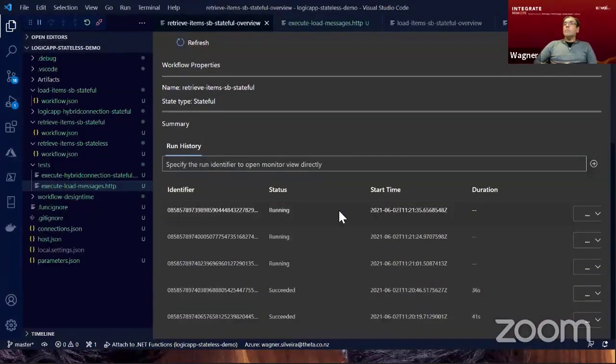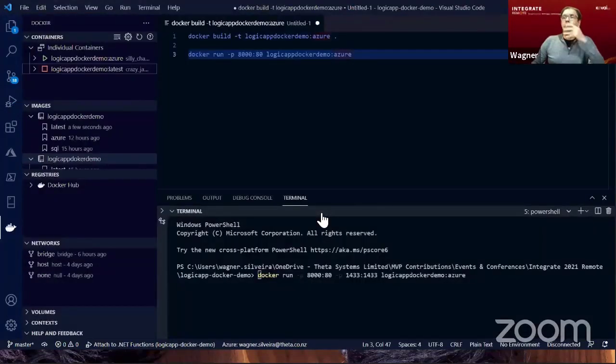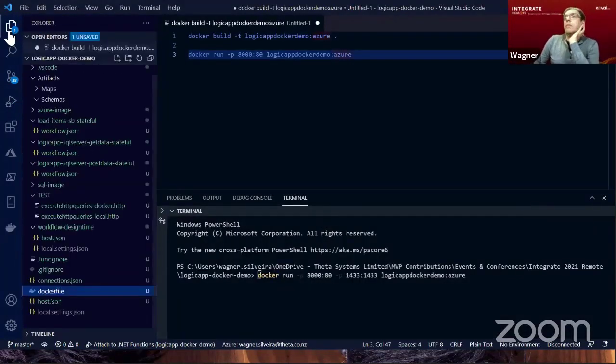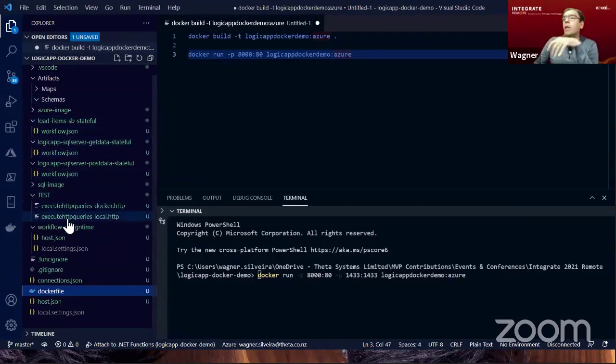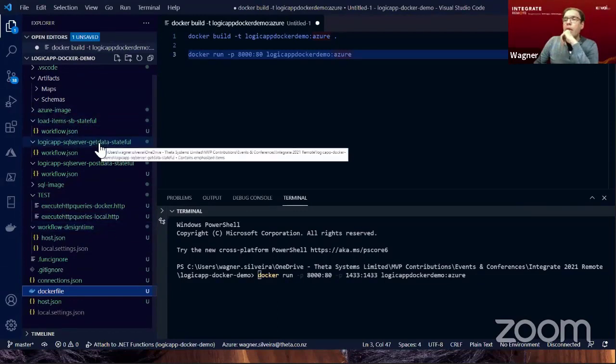This is the right one. So what I have here is another Logic App, and that Logic App is actually just talking to a SQL server. I have a way to post data to SQL and another way to get data from SQL, right? And I can run it locally, I can test, and everything looks fine,